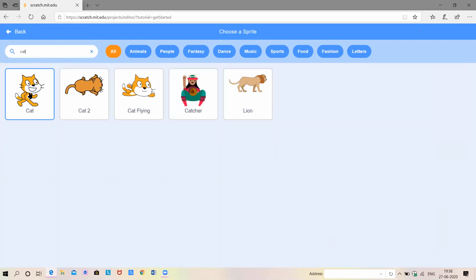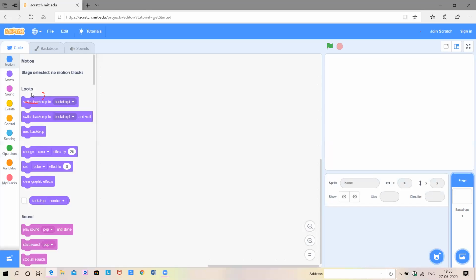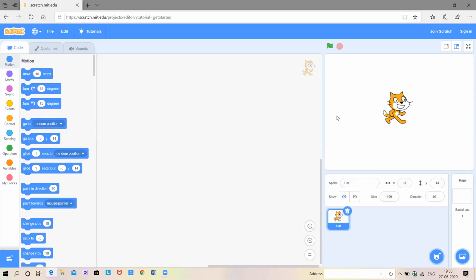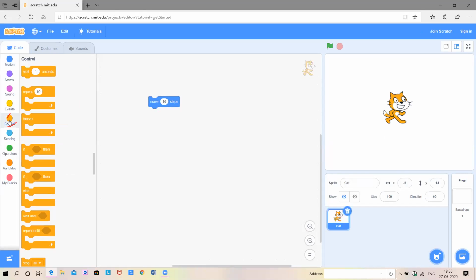Let's select the first one, cat, very good. Then we'll go to the move blocks and drag and drop the move block because we want this cat to walk. Then we'll go to the control block because we want this cat to walk continuously. So drag and drop the forever block over here.